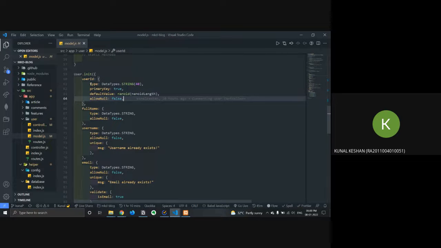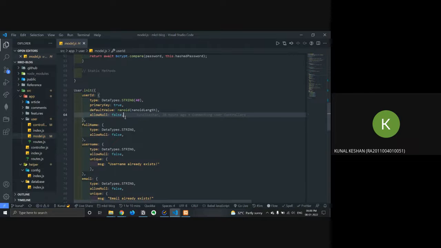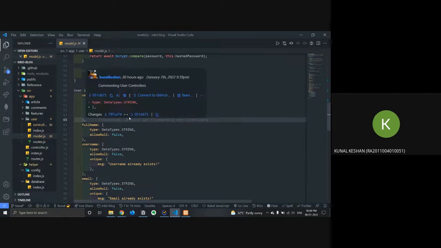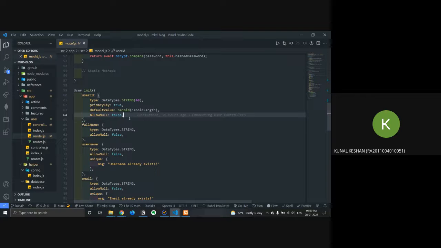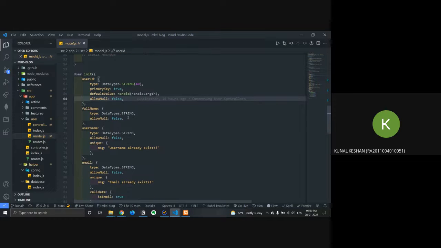I can specify with the Sequelize properties itself. Here I'm passing in default value as nano ID, and this nano ID is random, right? So every time a new user is created, it will give me a default value from the nano ID itself. So I don't have to worry about creating another user ID in a separate query.